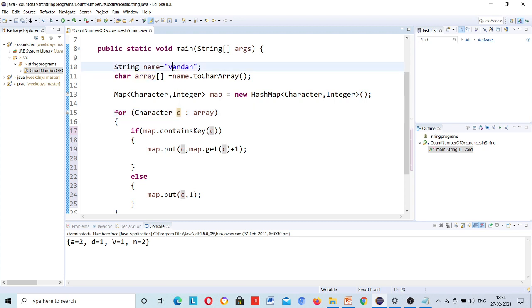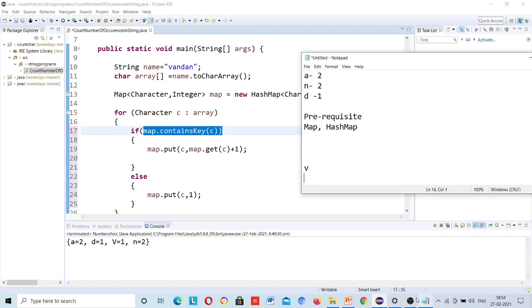copy A inside the C variable, and it will check whether map dot containsKey C, whether this map contains A, because this time C is A. But map doesn't have character A, map has only V as of now, so it will store A. How will it store?